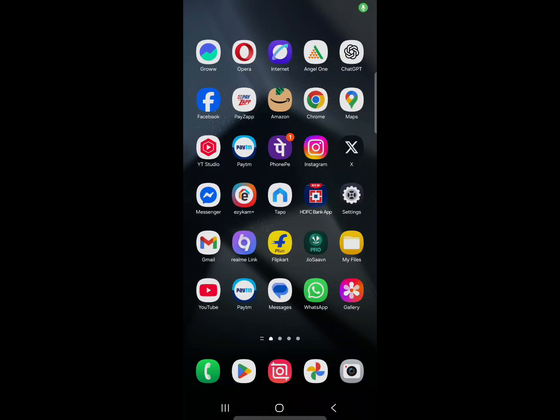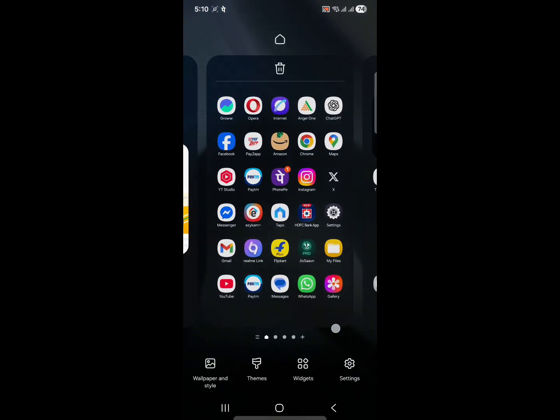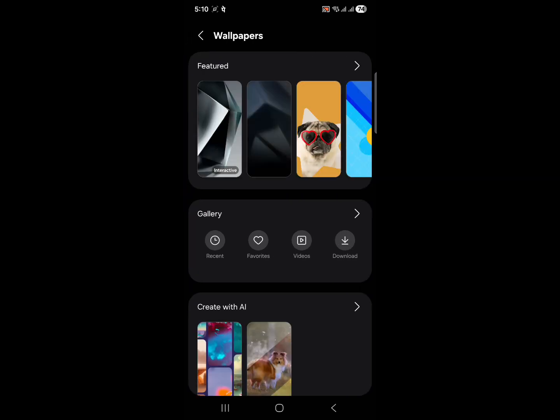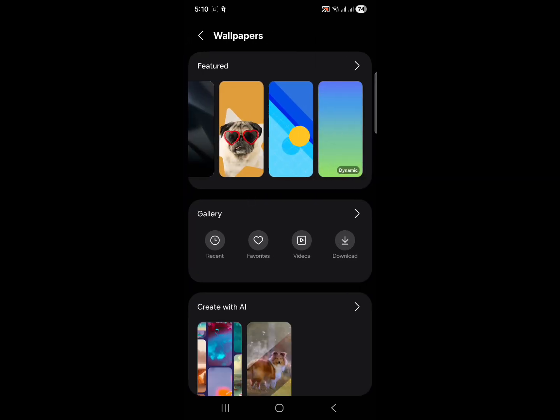How to change the wallpaper in your Android phone. So you need to be on your home screen, and wherever you see the vacant space, just press and hold it for a second, 2 to 3 seconds. You will find wallpaper, themes, widgets and settings. So we will select wallpaper, and from here you can select change wallpapers, and whatever you feel like, whatever you